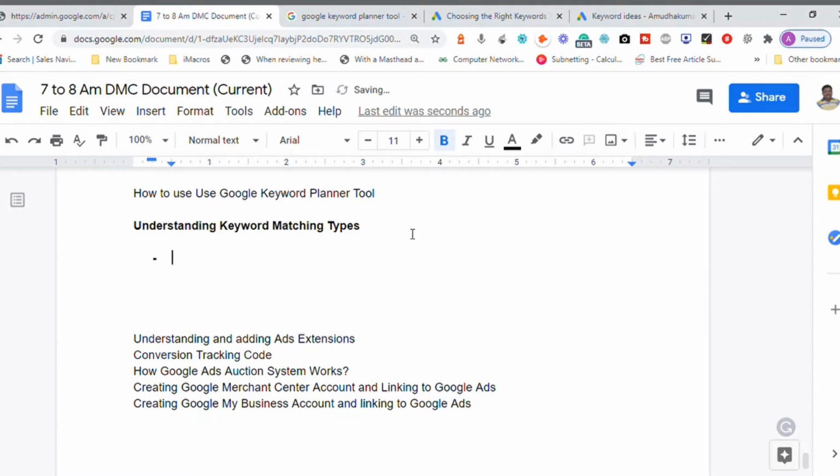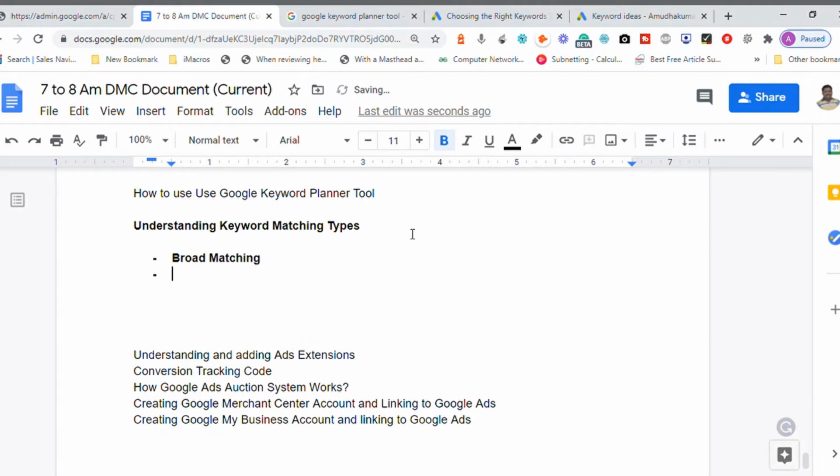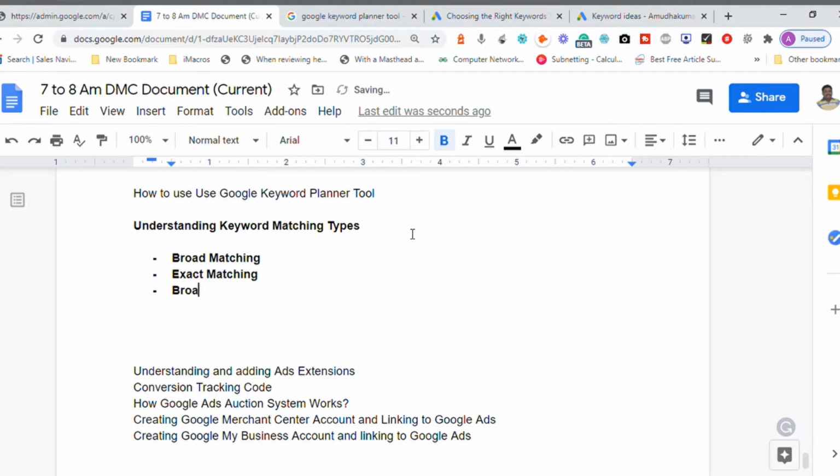There are 4 different matching types. Number one, by default, the matching type is broad match. The second match type is exact match. The third one is phrase match. So broad match, exact match, phrase match.